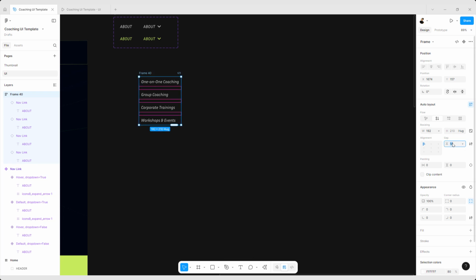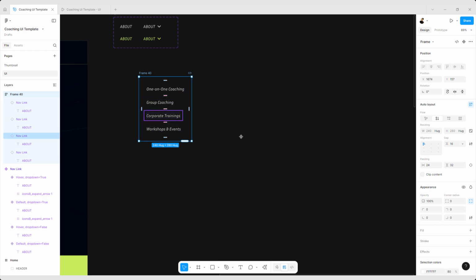And we are going to give this a gap of 60, padding left and right of 24. Top and bottom can be 32. It can be any value you choose. I'm just giving this very randomly. So you notice that this is cutting out our items, so we need to double click on the edge so that it adjusts it to make sure that alignment is to the left. Okay, so our frame, we can just call this drop down,